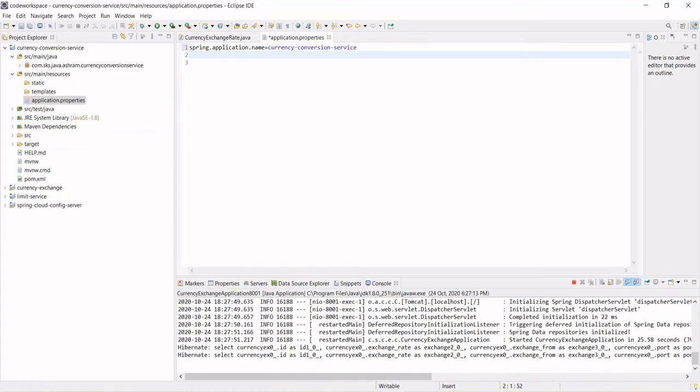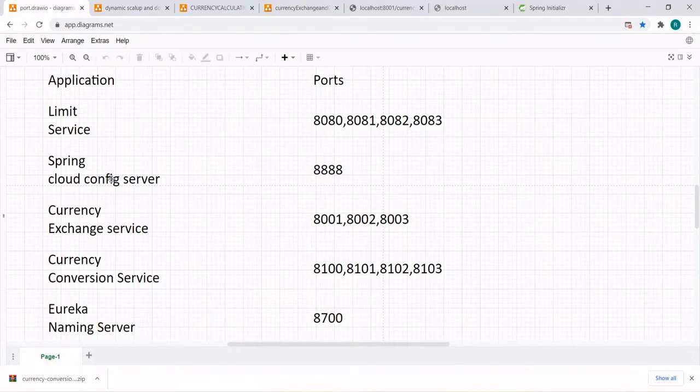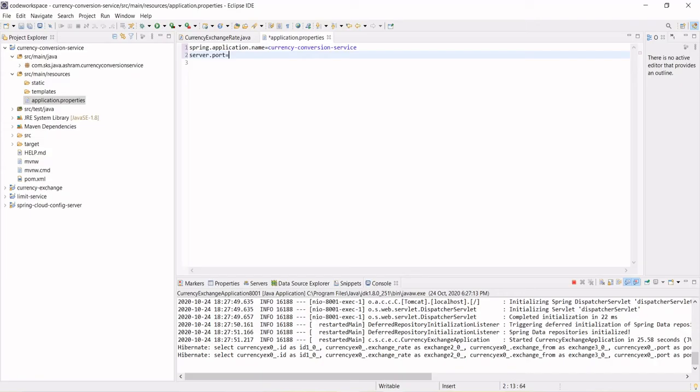How can you give the port? server.port. So what should be the port? If you go there and see, we have defined the port. For the currency conversion service, let's start with 8100, and in the coming steps, if you are going to create multiple instances of currency conversion service, then for the next instance we will assign another port to that instance. So let's start with 8100.